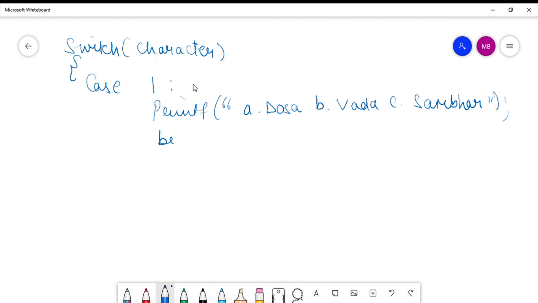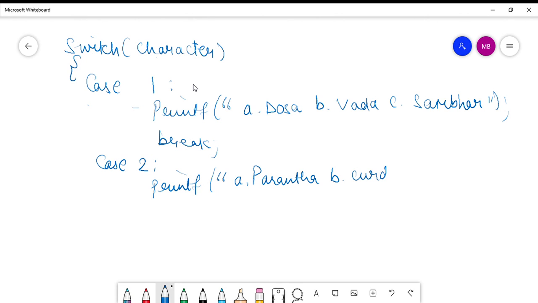Now break, you have to come out of this statement. You won't keep executing this statement again and again. So to come out of this particular case, I say break. You will enter case 1 only when choice 1 has been entered by the user. Say for example, if it is choice 2. Choice 2 was North Indian. So in case of North Indian, what will the customer get? Printf, you get parantha, curd and mixed vegetable. So this is the choice that the user has for North Indian.